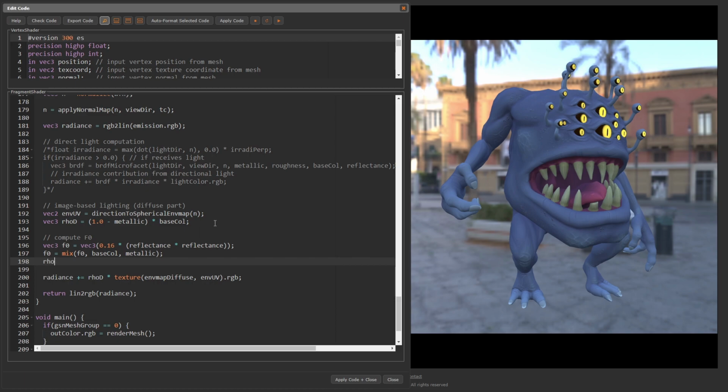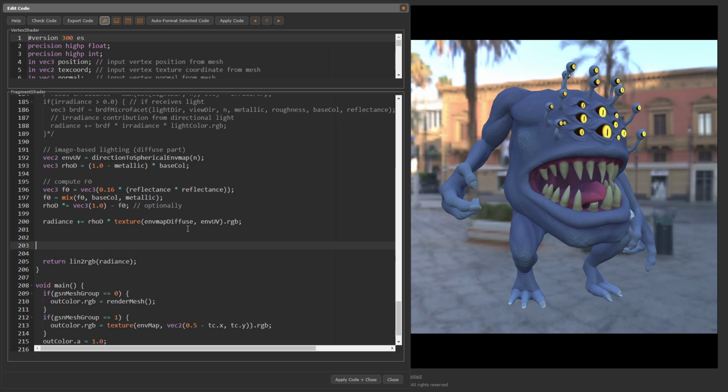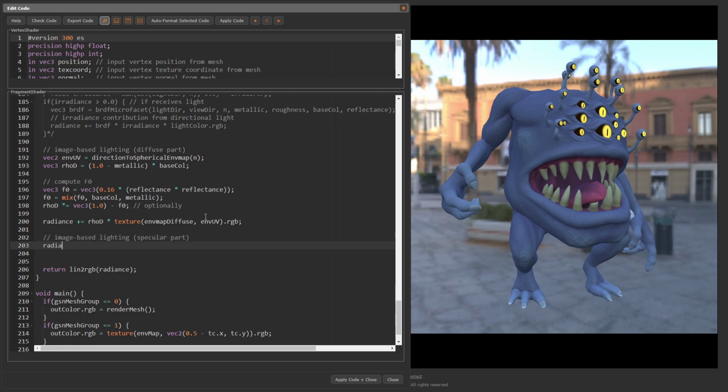Rho d times equal Vec3 1.0 minus f0. These are the changes to the diffuse part. Now we use our new function for the specular part. Image-based lighting, specular part, radiance plus equal, specular IBL, f0, roughness, n, view dir. Apply code and close.